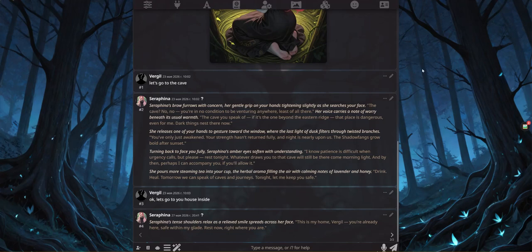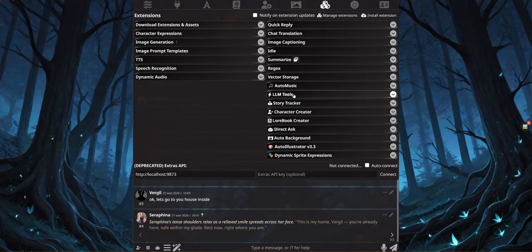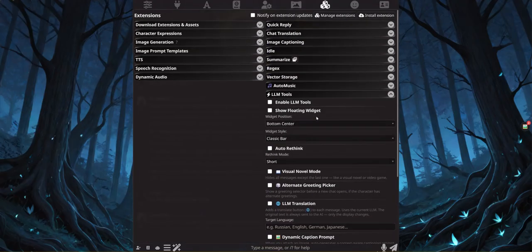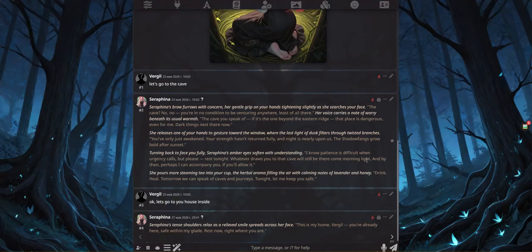Hello everyone, in this video I want to show an extension called LLM Tools. Basically this extension is a kind of toolkit of different tools, different scripts, different very small useful things. So let's dive deep. As you can see, you can enable it, and once you enable it, you